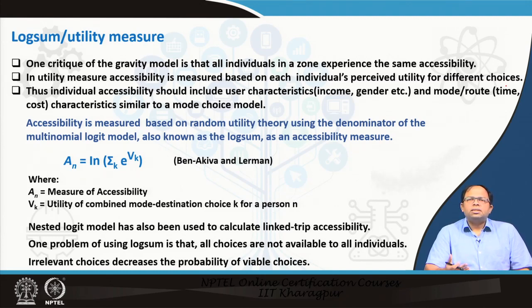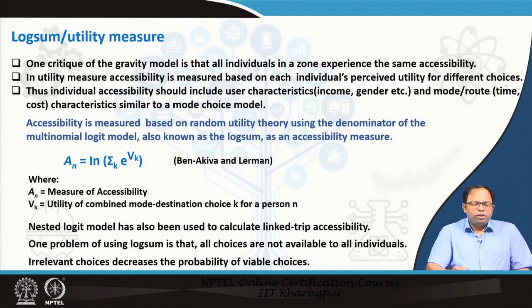For example, a rich person, increasing the bus fare will not have any effect on him. So that means that he is insensitive to cost because he has got money. So personal characteristics play a role, or it could be based on other characteristics of that particular mode. So all these different characteristics or behavioral measures could be incorporated when we develop this kind of a measure. So instead of just cost, we can develop a utility measure which takes into account the characteristics of the individual, the cost, the time of the particular mode, and many other things.